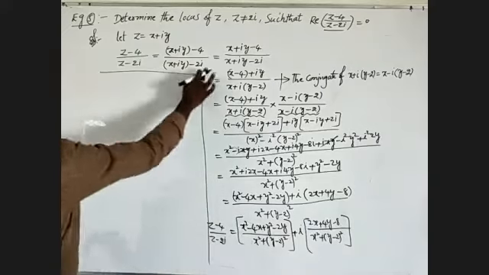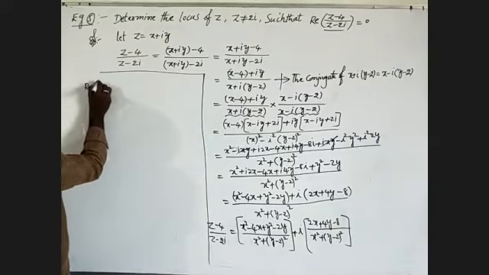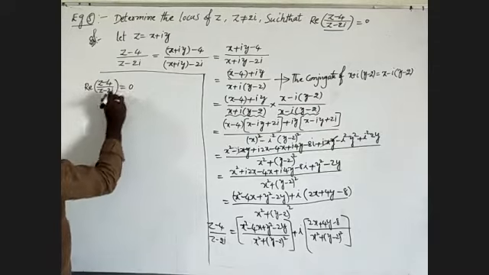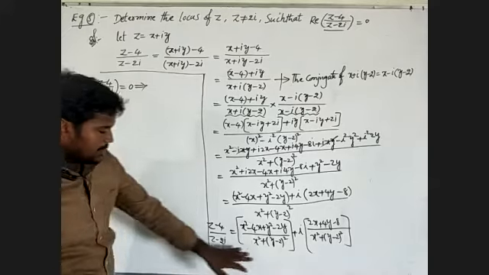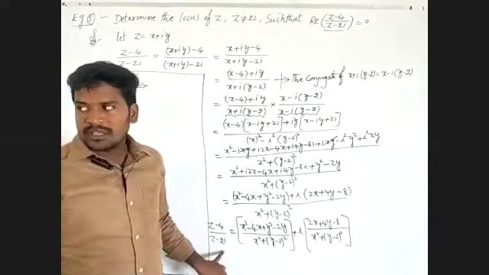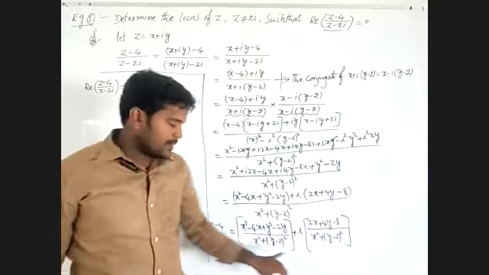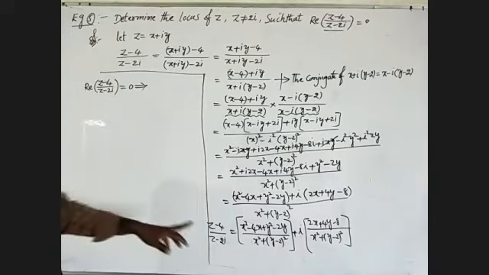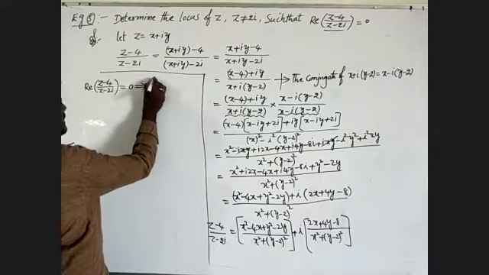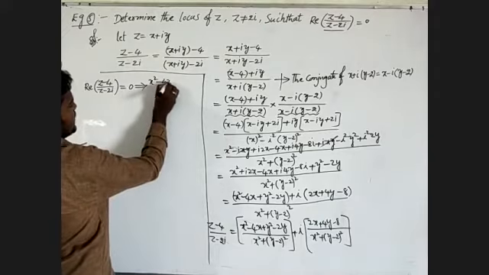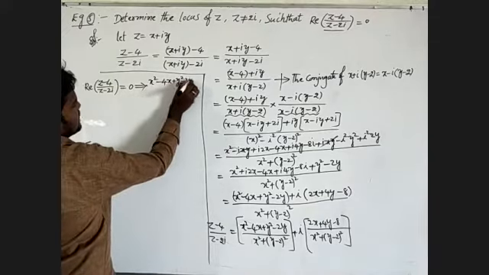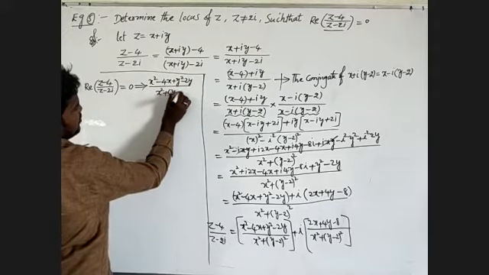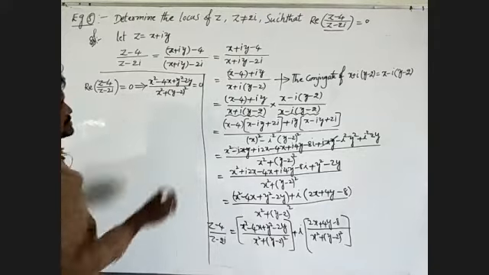By the given problem, the real part of (z minus 4) by (z minus 2i) will be 0. This is the real part, and this is the imaginary part of (z minus 4) by (z minus 2i). Where the given real part is 0, that will be written as (x square minus 4x plus y square minus 2y) by the denominator x square plus (y minus 2) whole square, will be equal to 0.